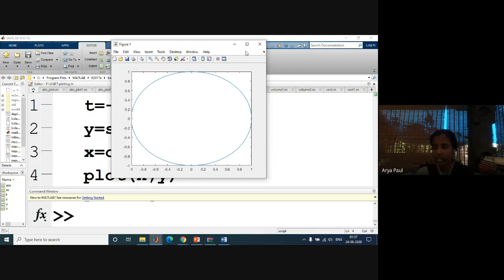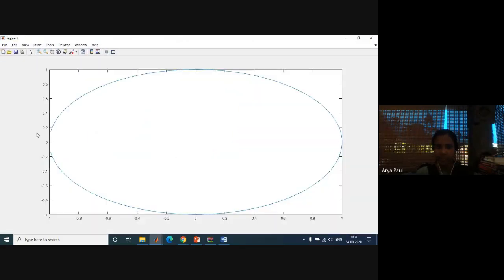See, you got a circle here. If you plot sine against cos, you will be getting a circle. You can try all these things, just to get a circle. Because for every value, sine 0 is 0, then sine pi by 2 is 1, cos 90 is 0. So you will be getting zeros and ones, and it will make a perfect circle like this. You can try this.